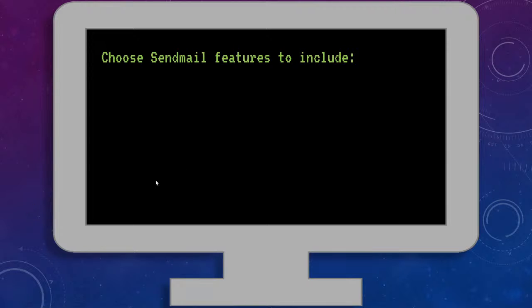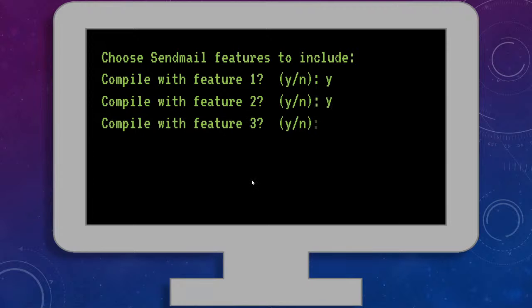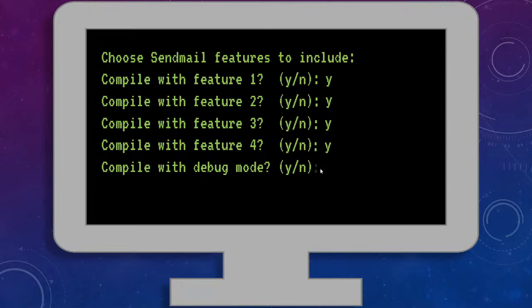software. You're like, sendmail, I love sendmail, I want to use sendmail, right? So you download the binaries. You're going through the configuration, and as you're configuring, it says, "Do you want to compile with feature 1?" You're like, "Yeah, I love feature 1." Feature 2, feature 2 is my favorite. Feature 3, why not? Feature 4, me and feature 4 go way back. So you're just spamming the Y button, and then it says, "Do you want to have debug mode?" And you're like, "Well, I've pressed Y to everything so far, so why not continue doing that?" So you compile with debug mode, and Yusuf, unfortunately, you got